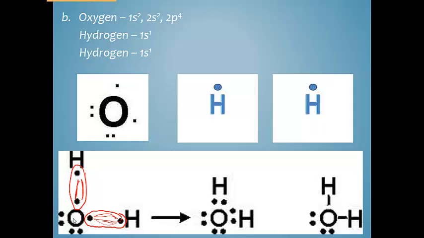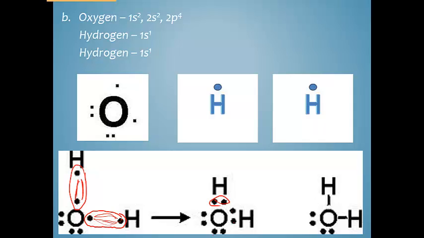When we draw that dot diagram, you're going to notice the 8 dots here around oxygen for its octet rule. Hydrogen's happy with 2, so hydrogen had 1 of its own, and it's also sharing 1 from oxygen. So hydrogen has 2, the oxygen has 8. If we take the